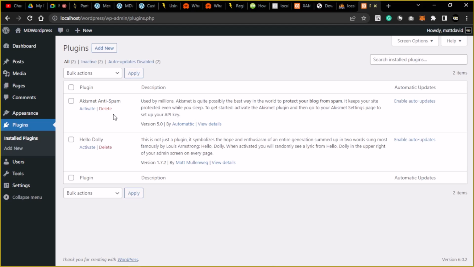So it makes creating a page or building a website very easy by just dragging and dropping. That's the essence of Elementor. So if I want to install Elementor now,